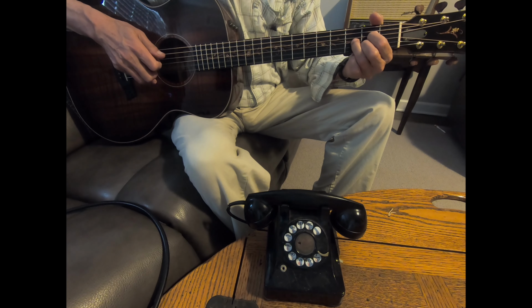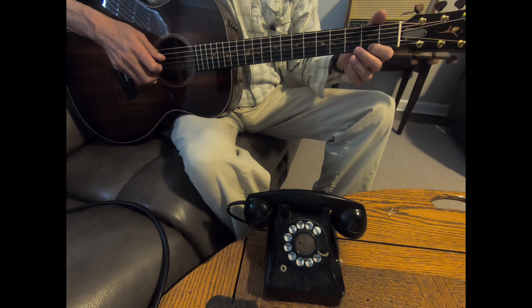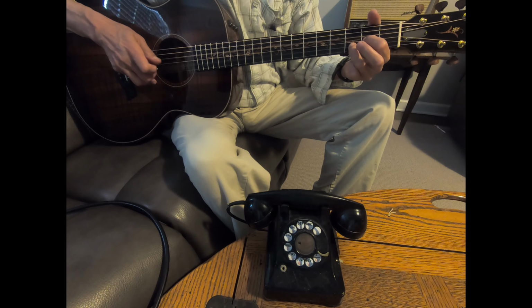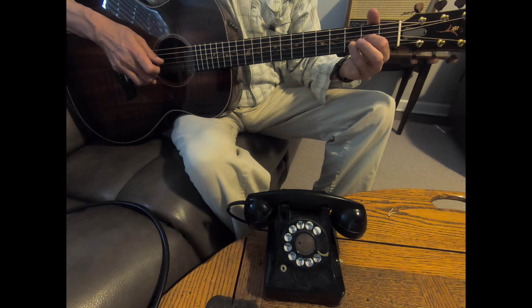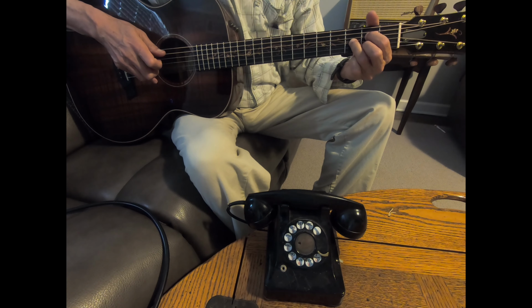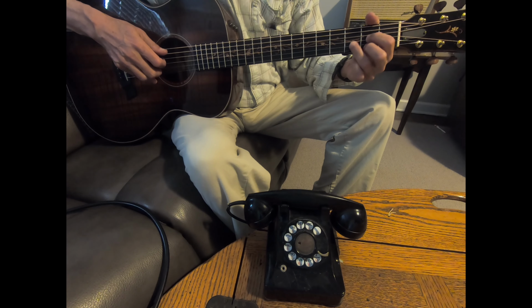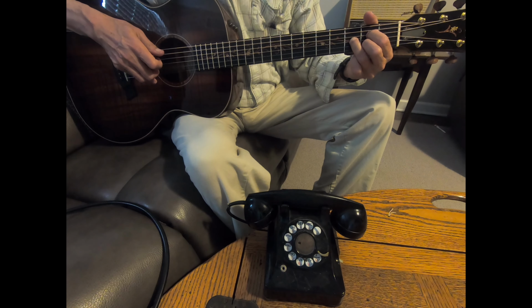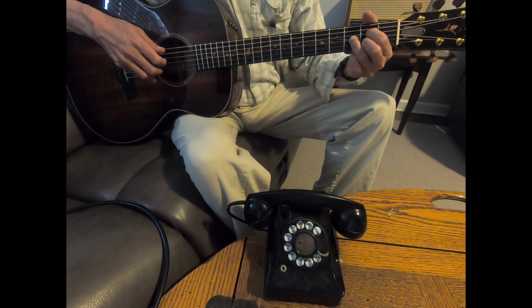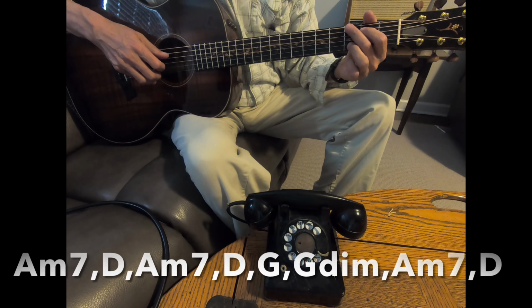Play this diminished chord, F sharp, and then A minor 7th, and the D. Hitting the D note as your melody on the 2nd string, not playing the 1st string. This diminished chord, it looks like a D, but it's just moved over one set of strings. So it's 2nd on the 2nd, 3rd on the 3rd, and 2nd on the 4th. You're just playing these 3 strings. So this first run,